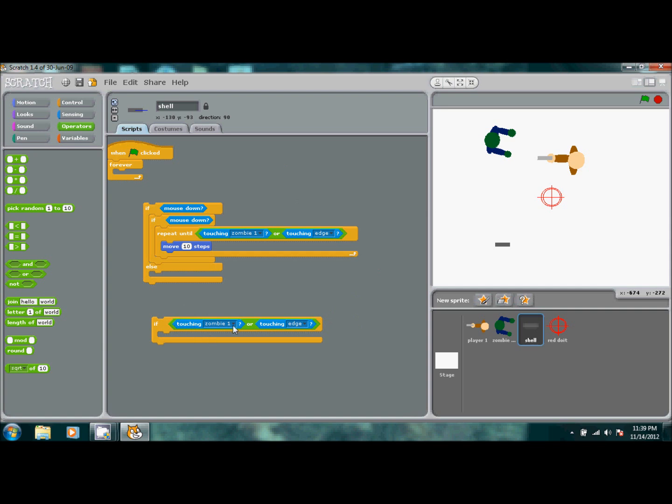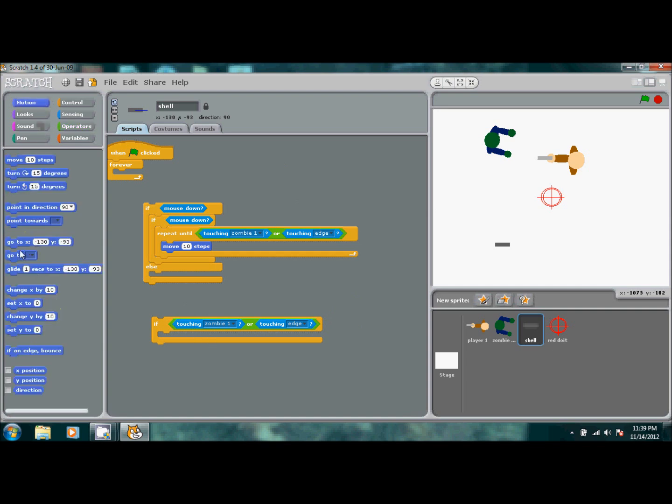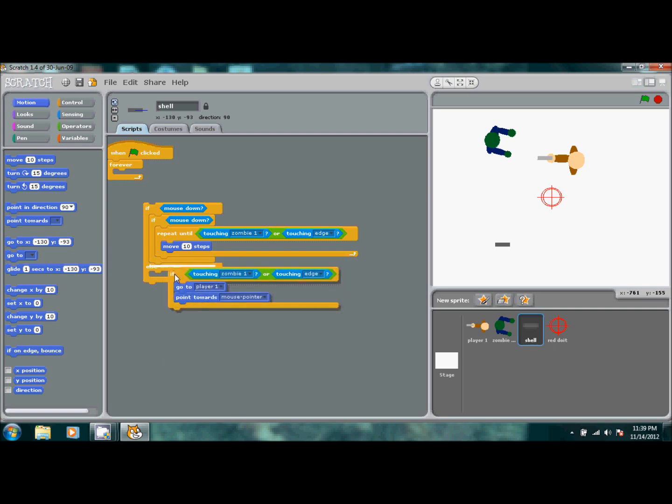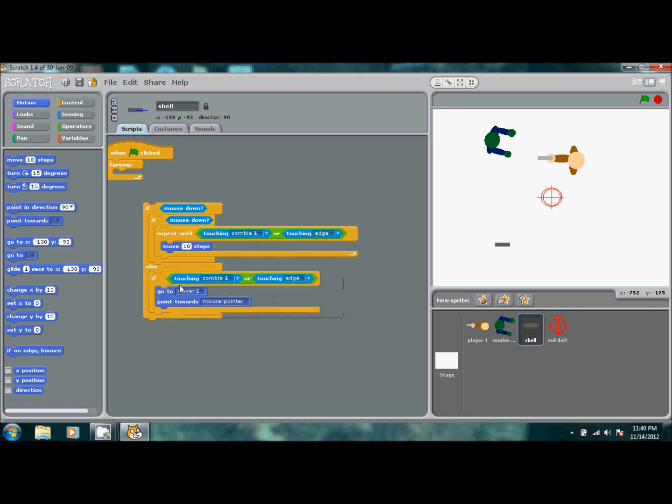And if it's touching that, we want it to go to motion, go to player 1, and we also want them to point towards the mouse pointer, and that's what the bullet's going to do. And you want to put that in else.